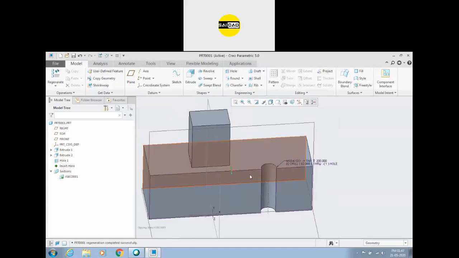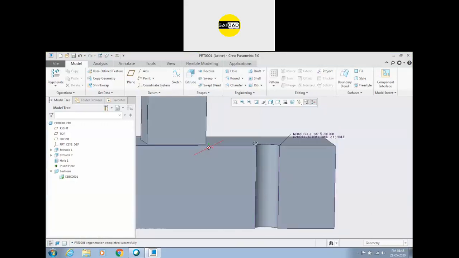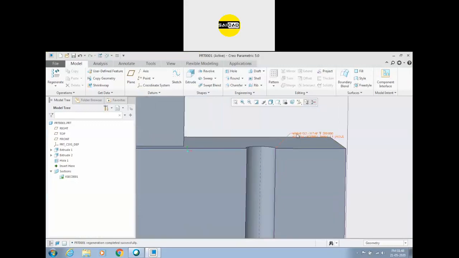Sir, what's the meaning of M16? It is a metric type of thread. Metric thread. It is a standard to denote that this hole or this object has threads. M68 means metric thread of 68. So the standard dia of that is 62, and the thread has a pitch of 6, and if we add that we have the 68 value. The outer dia of that thread is 68.